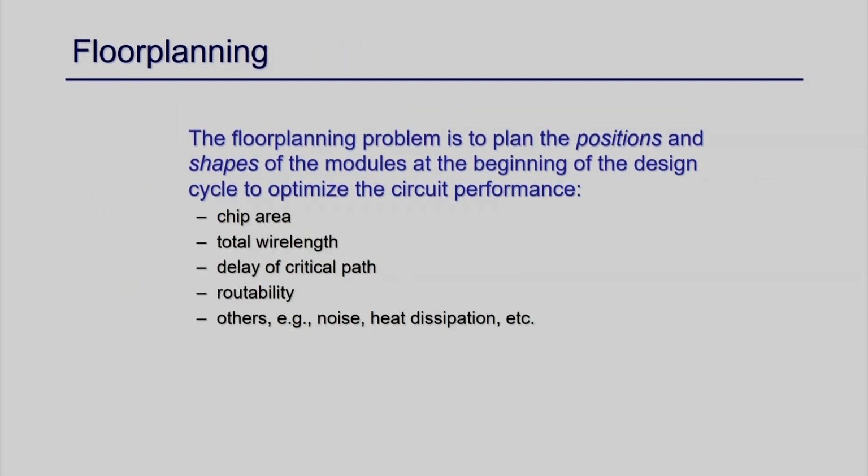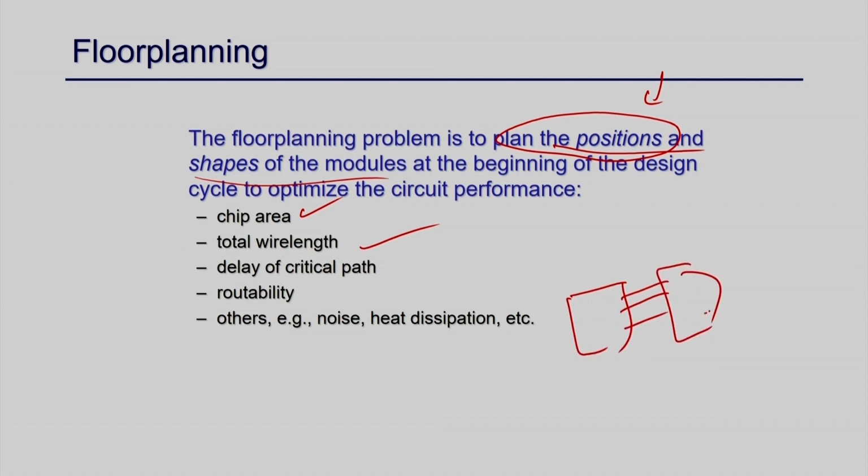Floor planning is the problem of finding the positions, not the exact shape, of the blocks. That is important, because I am just planning the positions, and the shape is finalized at the beginning of the design, where your objective would be to optimize the area and the total wire length also, because I know the connection between two components, given by the cut size. So if you have, say, this block here and there are a lot of connections to this block, you should place it as close as possible, so that the wire length will be less.